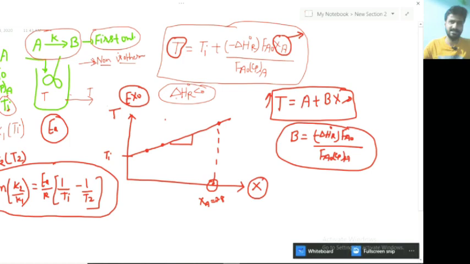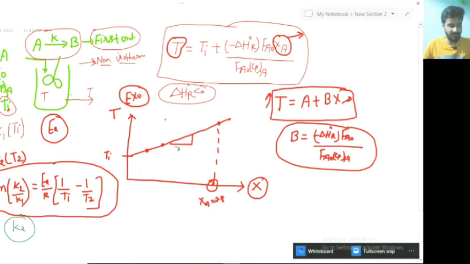So you can calculate the value of K2 at a particular temperature T2. Now you have calculated the value of K2. From this particular equation, you can calculate the value of K2. Now you can apply the basic performance equation of the continuous stirred tank reactor. Now understand one thing, how we can calculate using the basic equation.